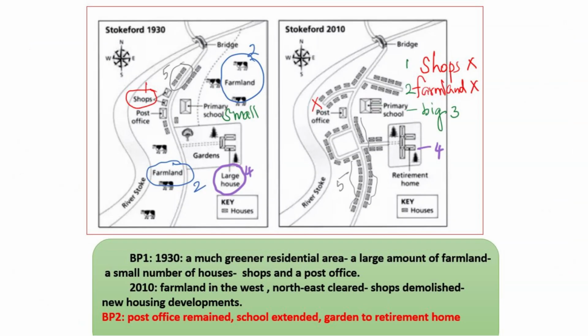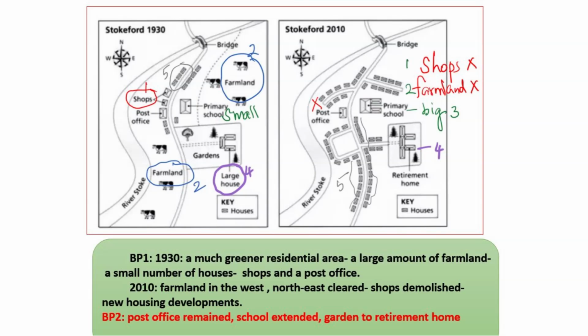Now, let's plan the body. Body paragraph number one and body paragraph number two. What are the things to be included here? It's up to you. You can divide all the four into two plus two or three plus one. No big issue. So in body paragraph number one, you give a common statement like in 1930 it was